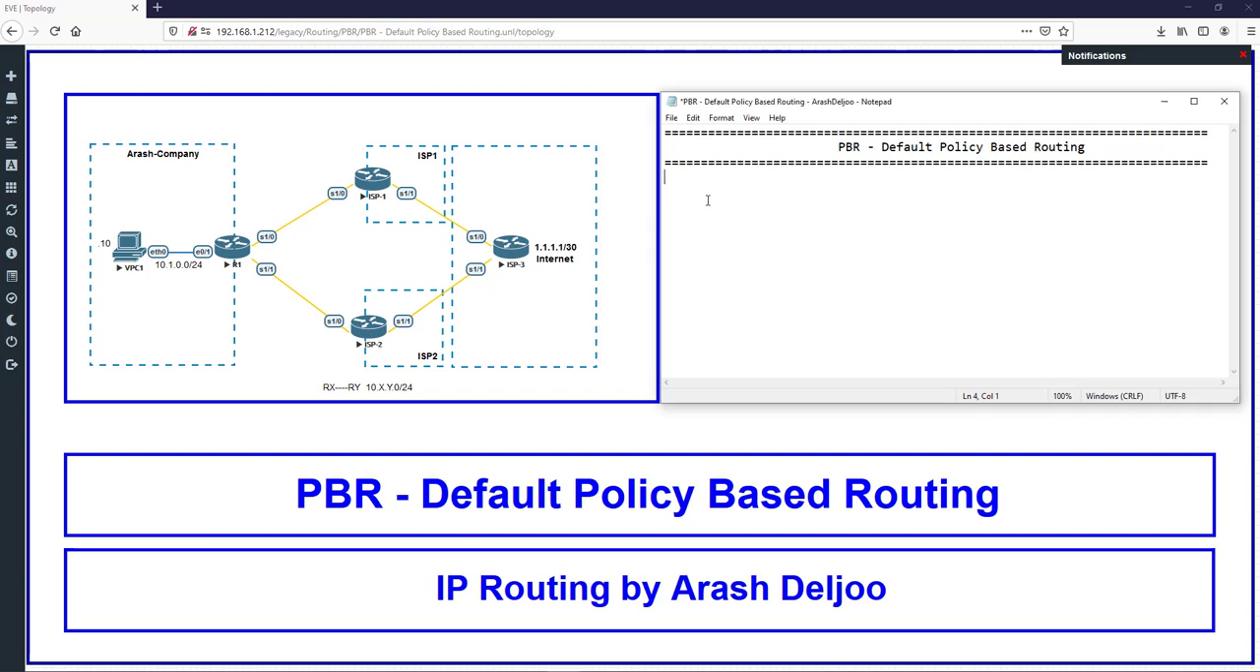Look at here. We have the normal PBR. You know that normal PBR can be configured with this command. We should first configure a route map, and then the map name, for example, permit, then the sequence number. After that, router config